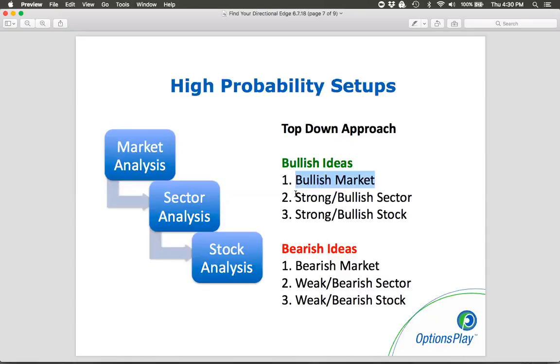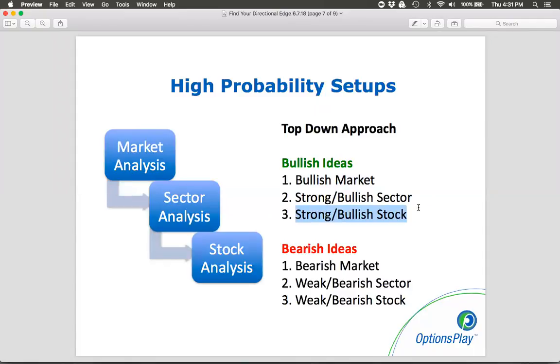Then within the bullish market, what we want to find is strong and bullish sectors. What I'll show you here in 1 second is how you can use OptionsPlay to identify which sectors are strong and which sectors are bullish. And then lastly, drill down within that sector to find the strongest and bullish stocks within that individual sector. So when you have all 3 things lined up, that's when you're going to have the highest probability of that stock continuing moving higher, because the market, the sector, and the stock itself are all aligned with bullish and